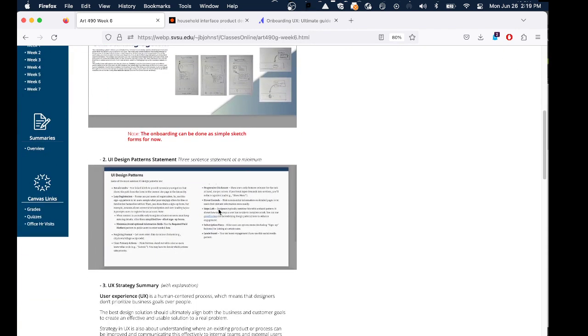Number two, a UI pattern statement. I'm asking for 3 sentences at a minimum.